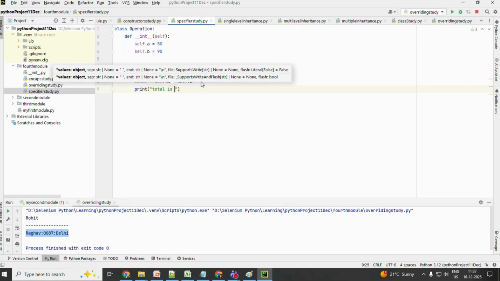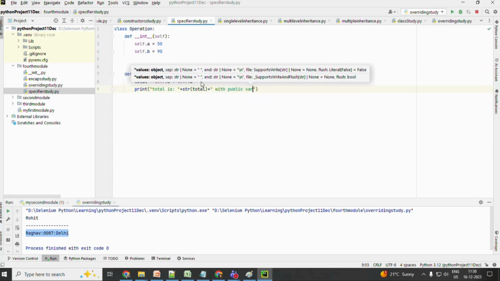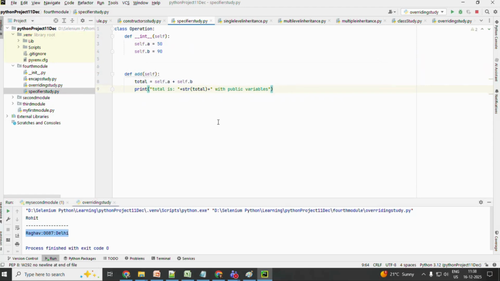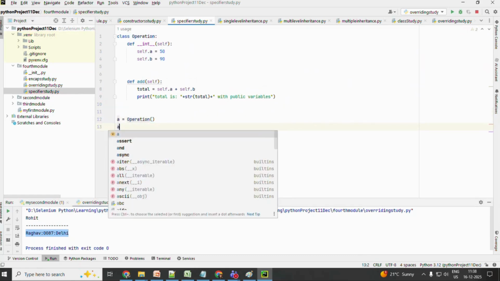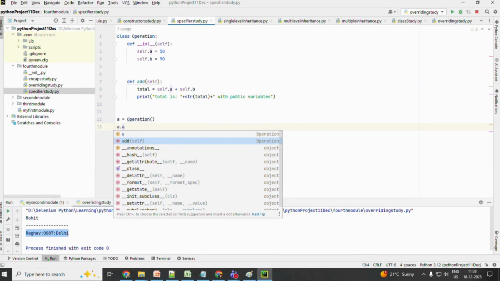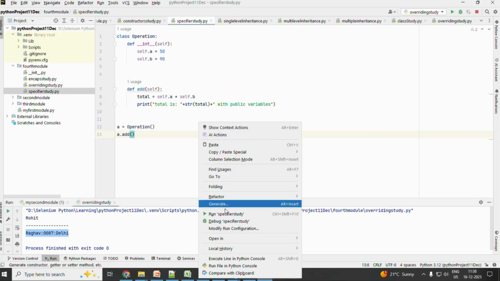Total is plus str total, plus with public variables. Okay, now if I call it here, say a equal to operation and say a dot add. Okay, now if I run it,